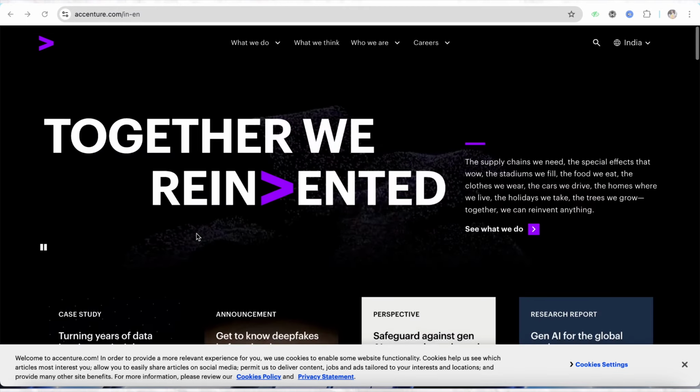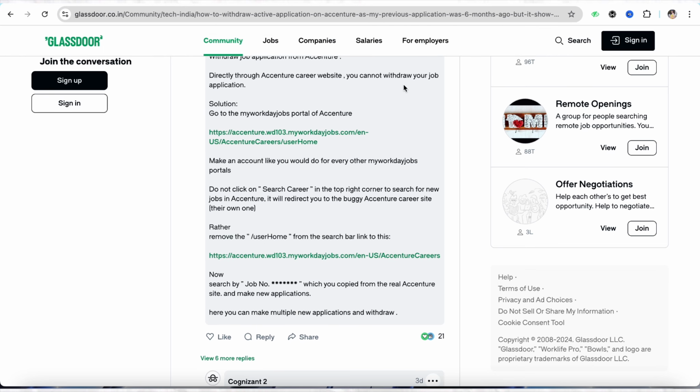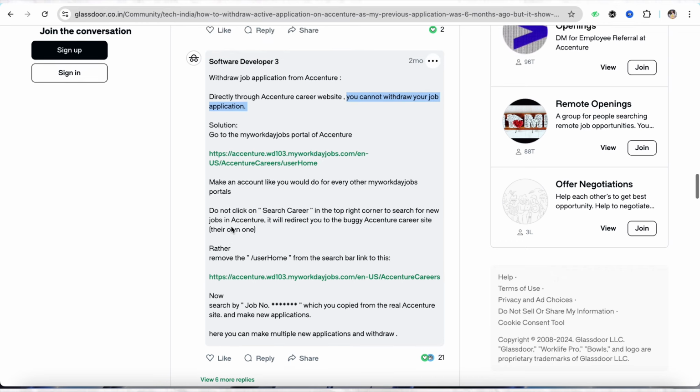And in order to withdraw an application that you have already submitted to Accenture, I have found the solution on Glassdoor's official website. It says that you cannot withdraw your job application, which is the truth. Once you have applied for a job on Accenture's official website through the online form or through some contact, you won't be able to withdraw your application. What you can do is, once you get selected and get the interview call,